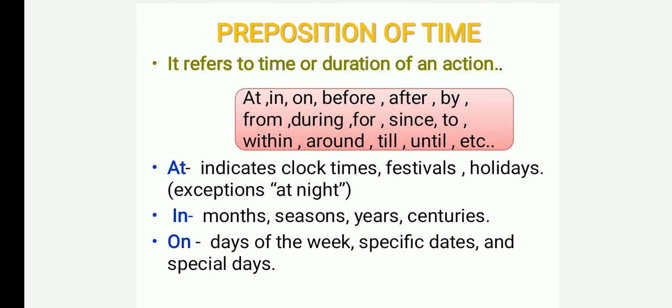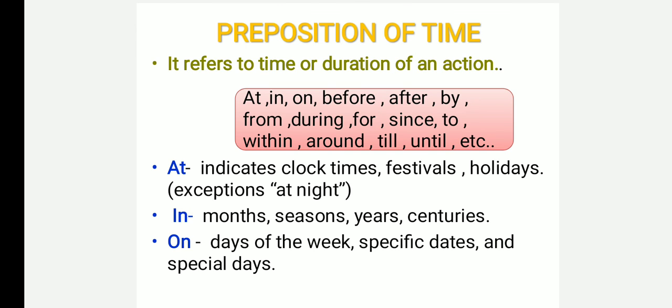And also we use the prepositions in and at to represent places: in to represent a larger place, at to represent a smaller place. The same three prepositions we are using as prepositions of time. So we have to be clear where we have to use the preposition at, where we have to use in, and where we have to use on. So I just gave a hint about where we have to use these three.